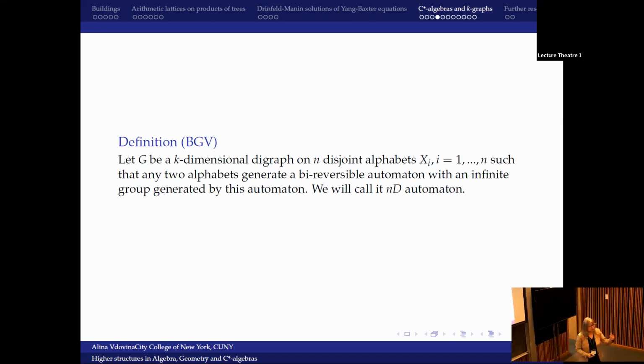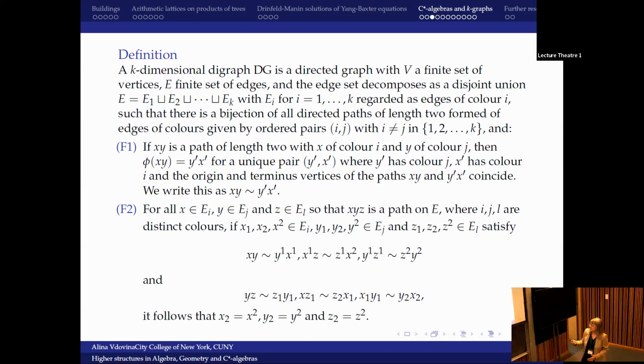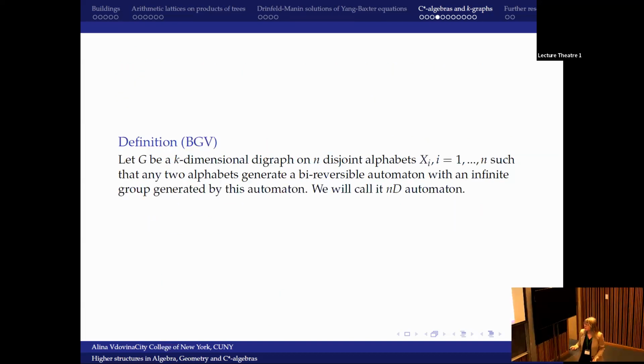So you want to have something like elementary in between, because saying, for example, this definition is very easy even to check by computer, right? You can just write easy programs to get something of this kind, and then you have generators and relations of your algebra straight away for free.